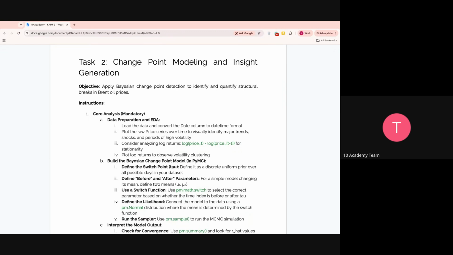So first, you need to prepare the data and do some EDA. For this one, you need to plot. Of course, for EDA, you can plot the time series data and try to see the trends, the charts, and the period of high volatility, on which days or which segment of the data there is high volatility,